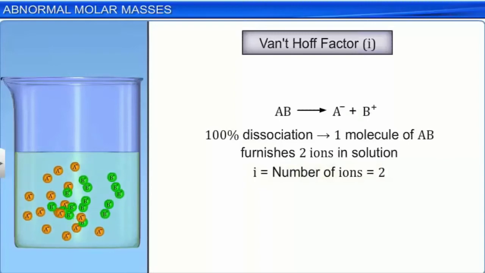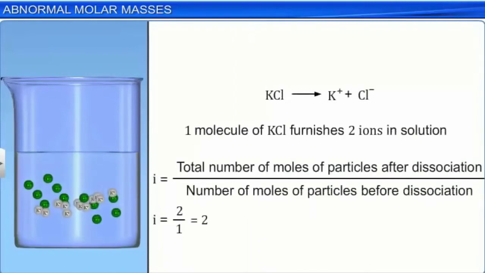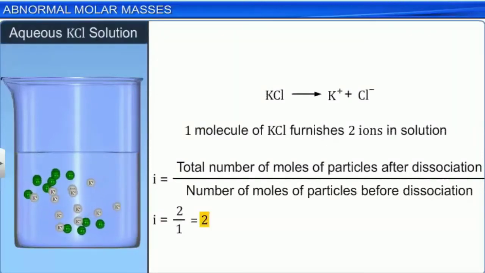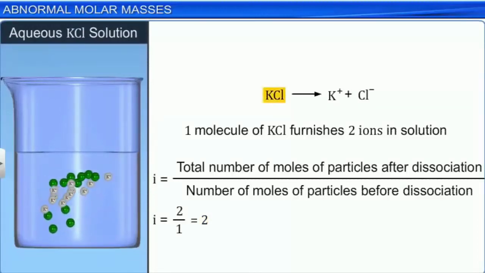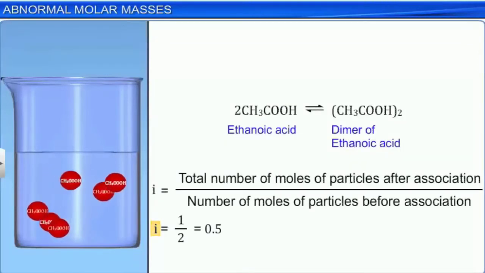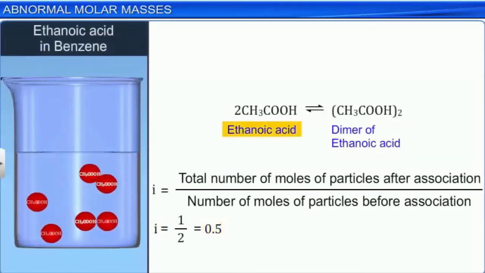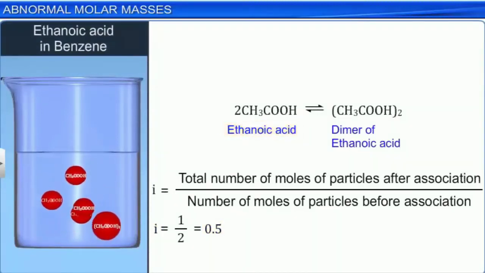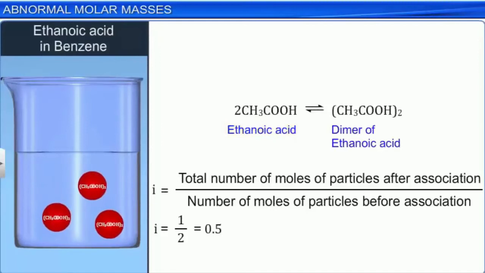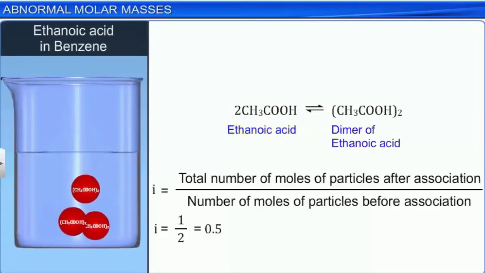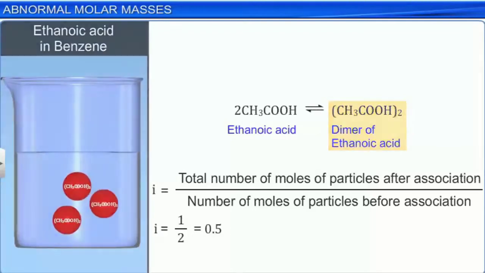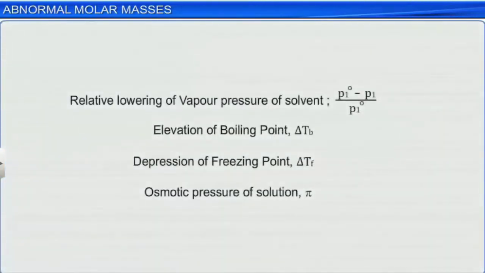For example, the value of i is 2 for aqueous KCl. This signifies that KCl has dissociated completely into potassium and chloride ions. The value of i equal to nearly 0.5 for ethanoic acid in benzene signifies that nearly the entire ethanoic acid has undergone association and exists as a dimer. The modified equations for colligative properties using the van 't Hoff's factor can therefore be written as